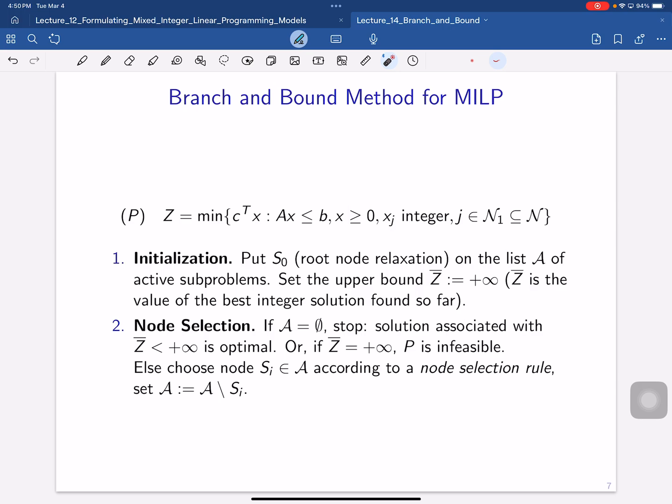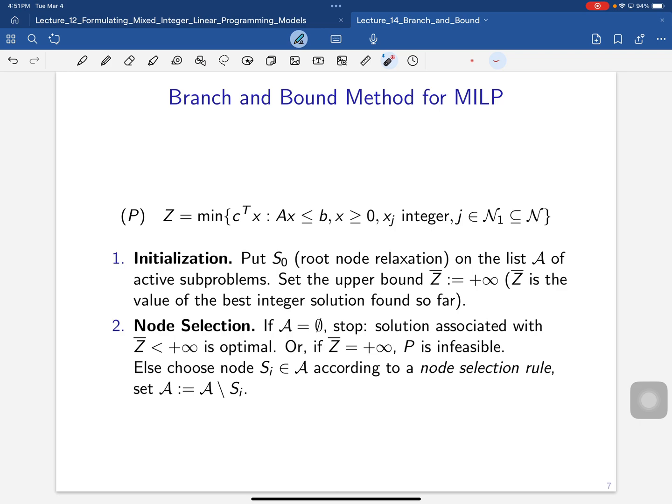If there are no active subproblems, either they have been pruned or they have been branched, then you can stop the algorithm. Or if the upper bound is plus infinity, we say P is infeasible. So if there are still active nodes in this active node list, you just pick a problem from this active